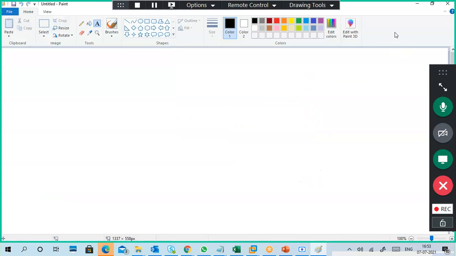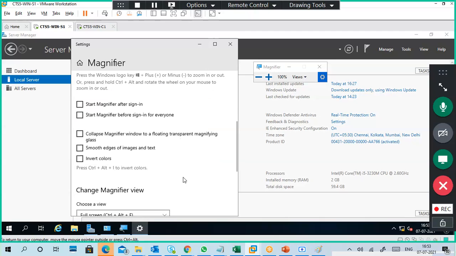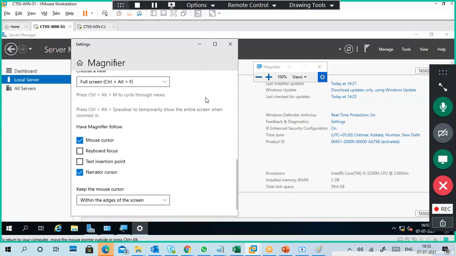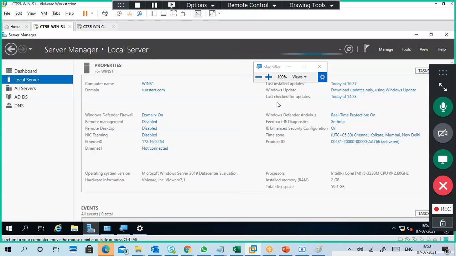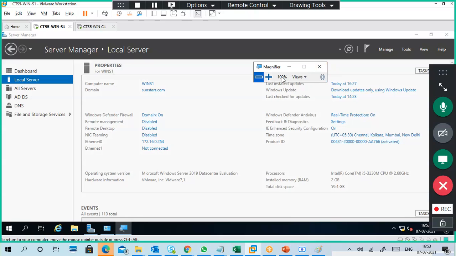So now I'm going to New. Now it is working. See, on the side there is DHCP, DNS, like that.